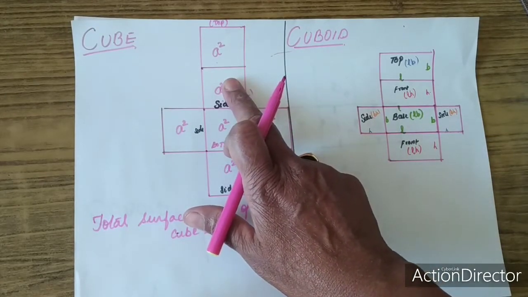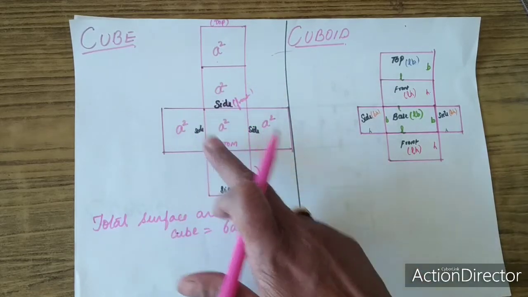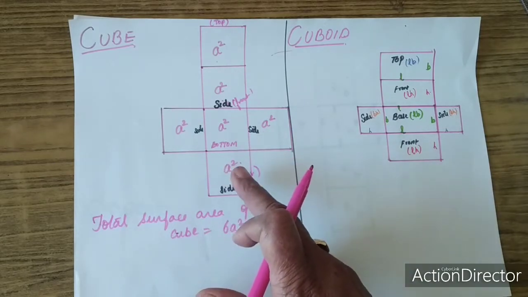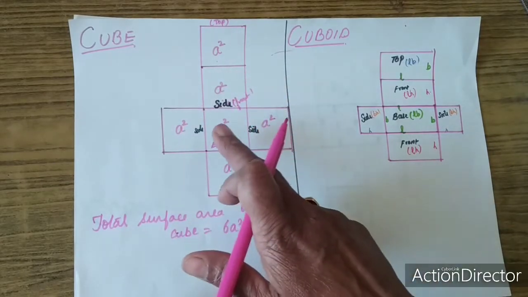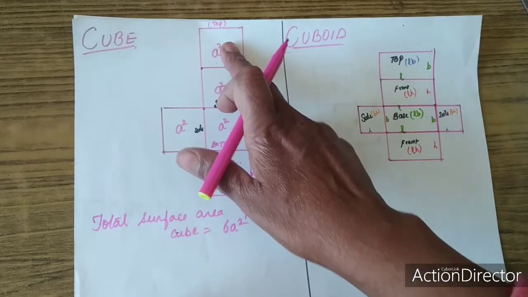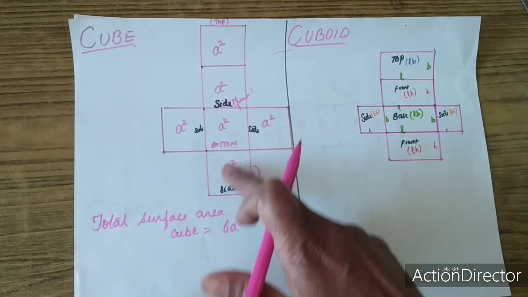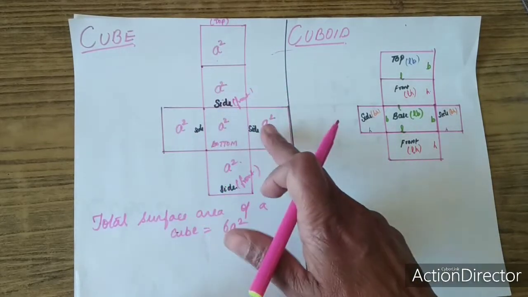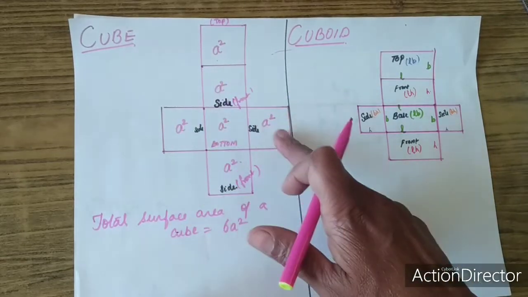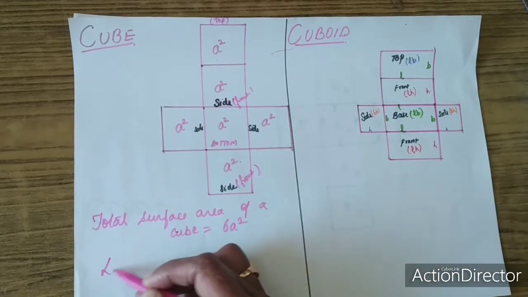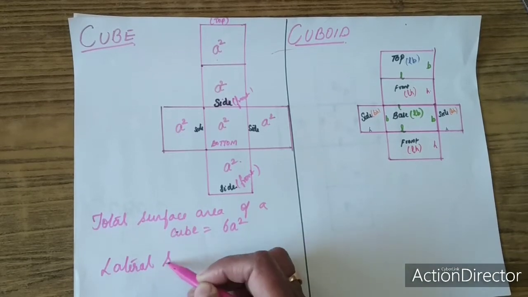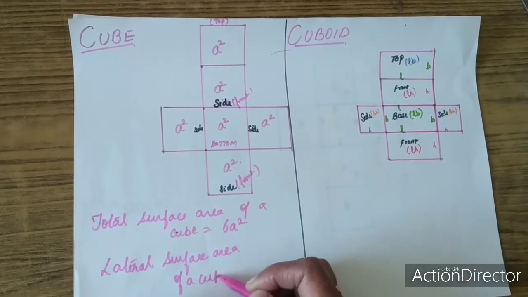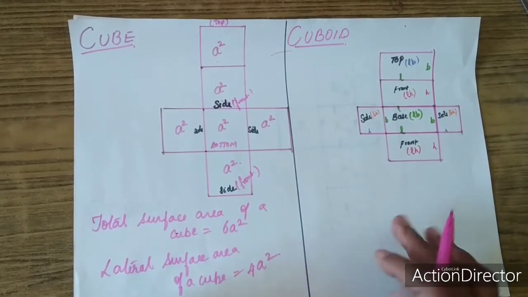The lateral surface area of a cube you can also call the area of 4 walls, if the room is in the form of a cube. We will not include the bottom, we will not include the top. So how many faces are there? 2 front faces and 2 side faces. So 4 faces in total: 1, 2, 3, 4. So the lateral surface area of a cube is equal to 4a square.